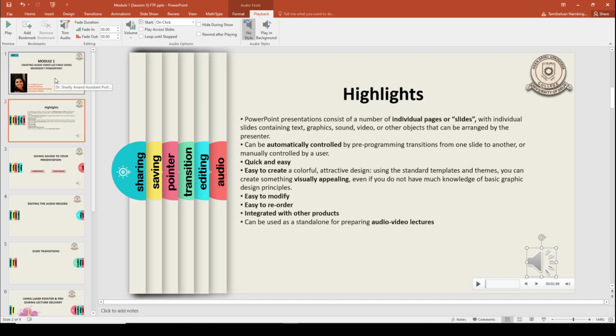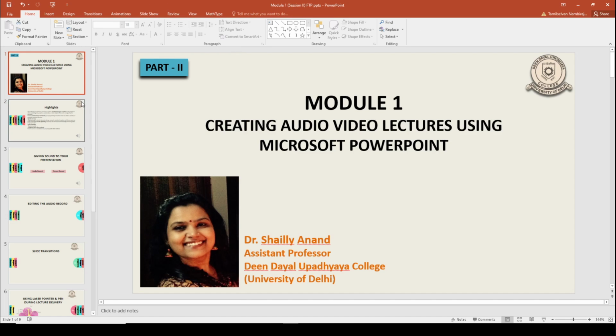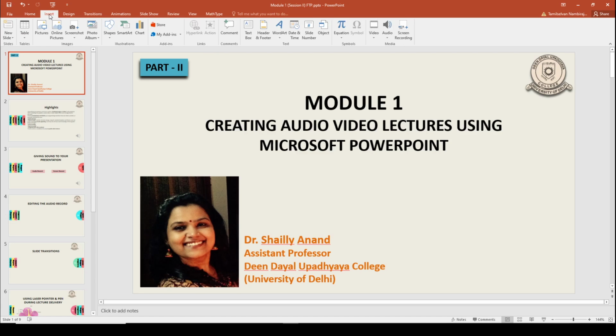Now similarly, if I want to insert my own sound into my presentation, for that also you need to go to the insert tab, audio button, and instead of the first option you click on the record audio option. So when you click on this, a small window pops up. So it asks you to write the name of the sound. Suppose I want to name it as slide 1. So you can type this.